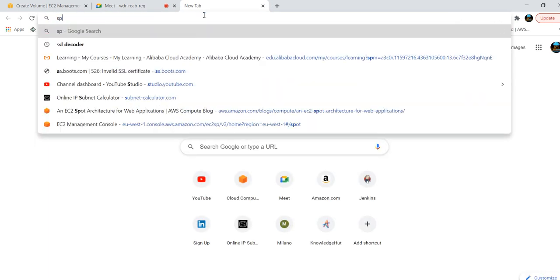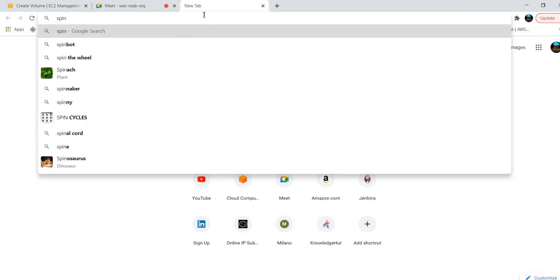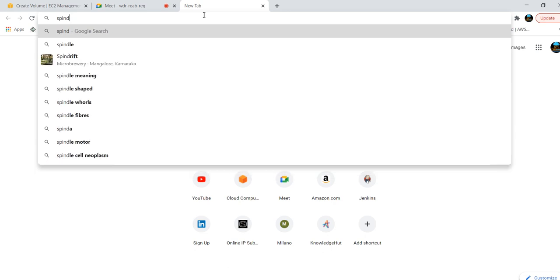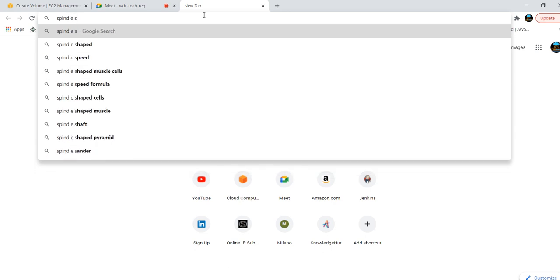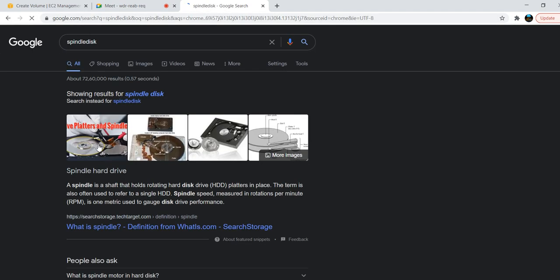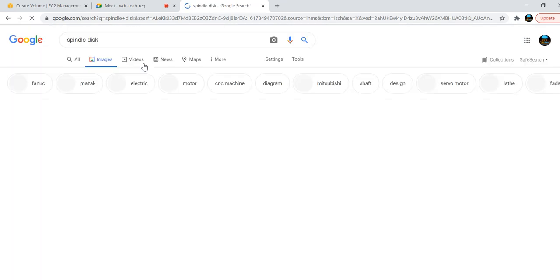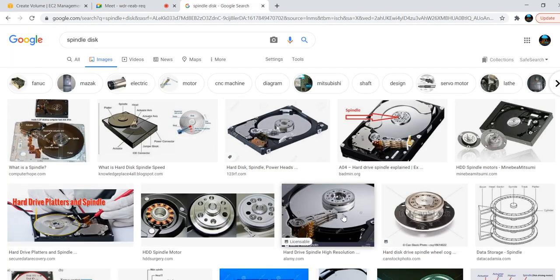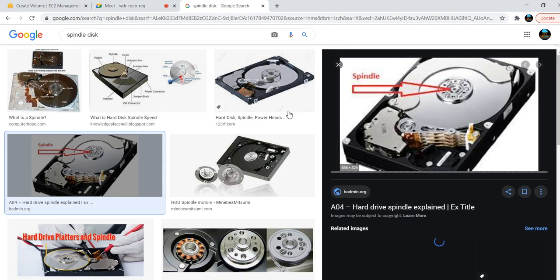Okay, spindle disk. Okay, images. If you see this one spindle disk, what will happen?